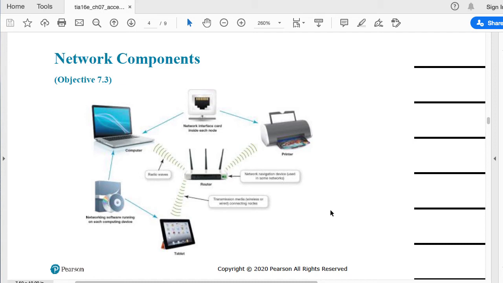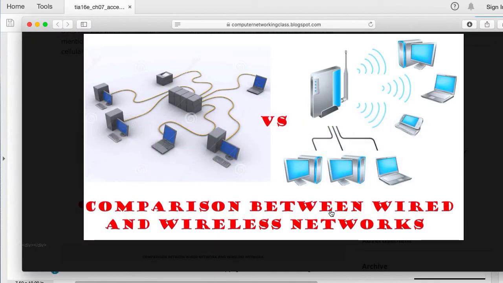Now, when you're using a wireless or a wired network, there are some components that you have to know. First of all, let's take a look at the wired network.